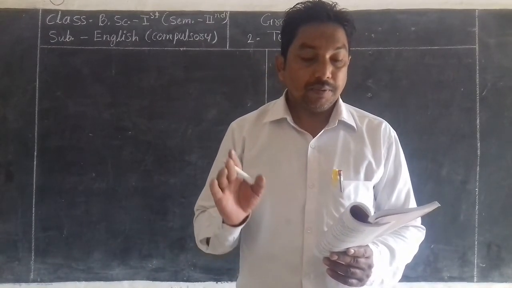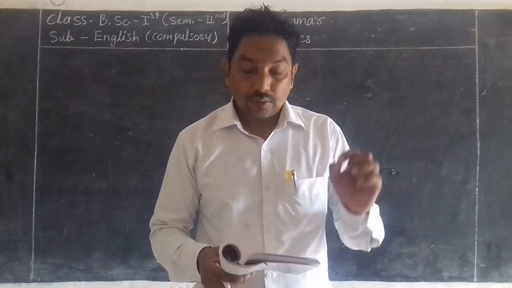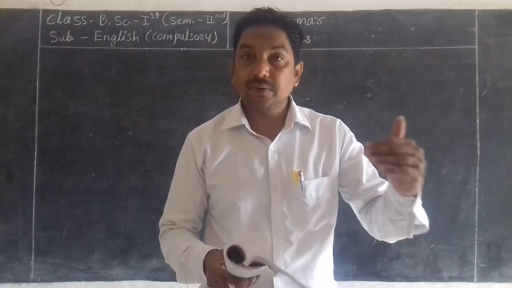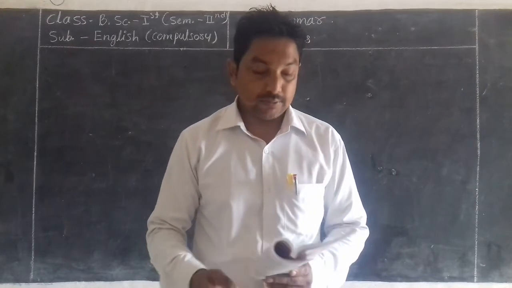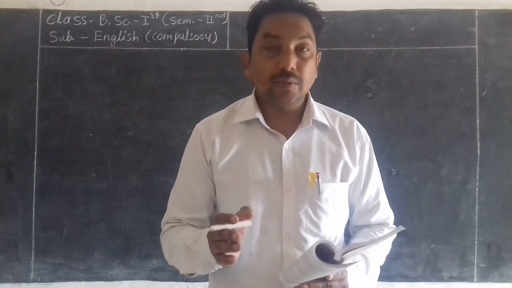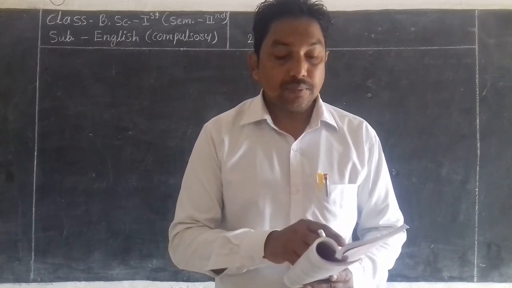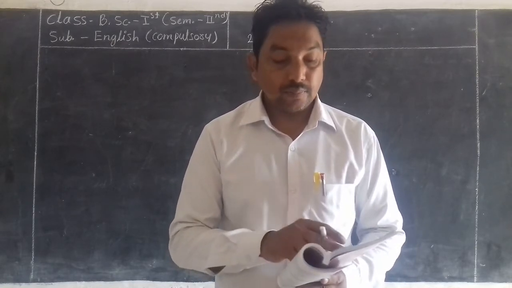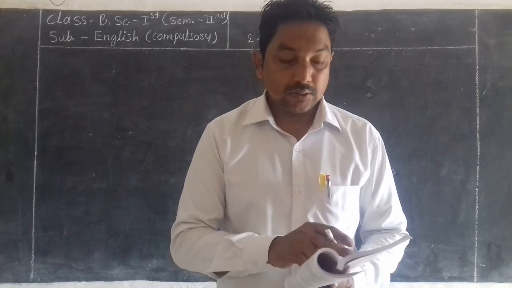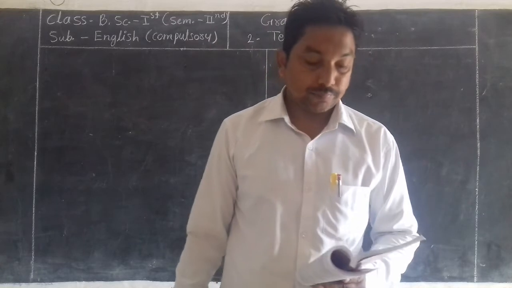The complete system of tenses is as follows. So what is the system? The complete system of tenses is given below. It means the different parts of present tense and past tense. For example, simple present tense, present progressive or continuous tense, present perfect tense, present perfect progressive or continuous tense, simple past tense, past progressive or continuous tense, past perfect tense, past perfect progressive or continuous tense.